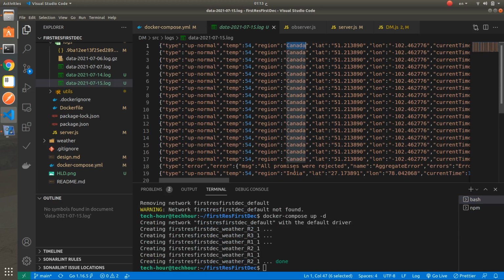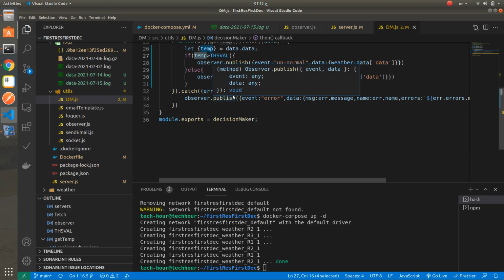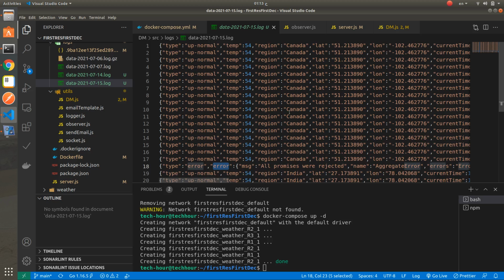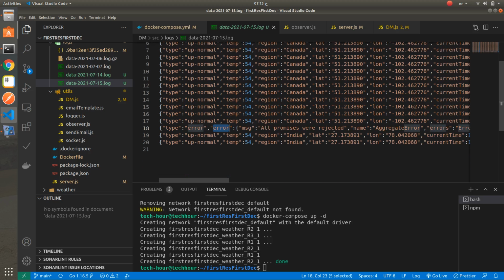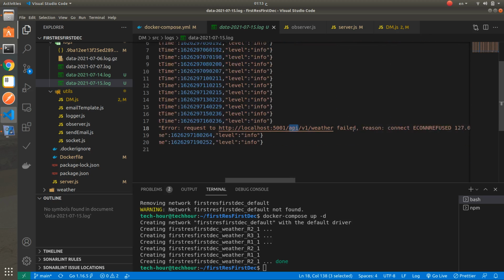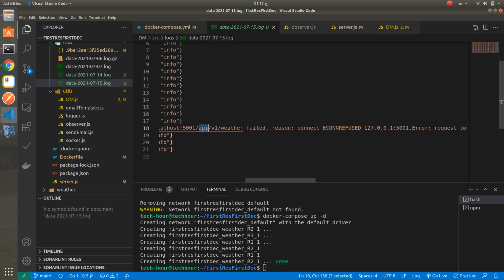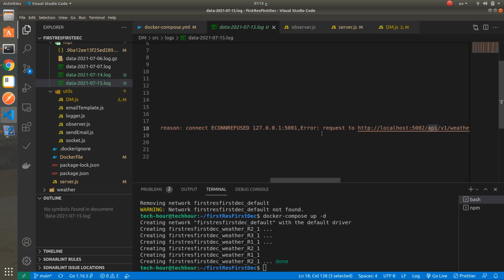This error message is logged here because all servers are down, so all promises were rejected. This is the first server trying to fetch data from a server that doesn't exist yet.